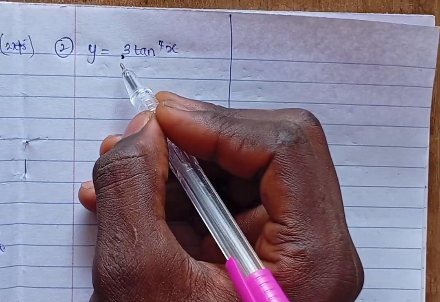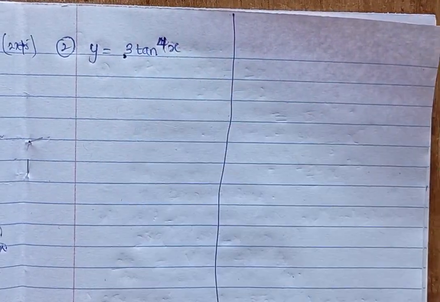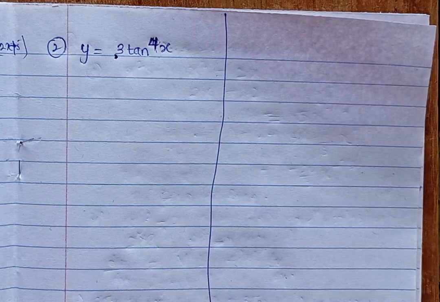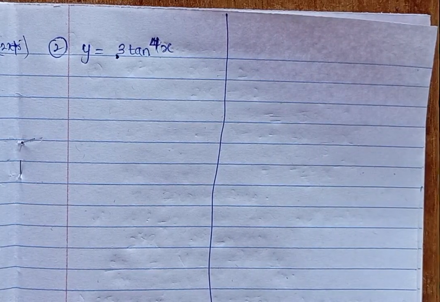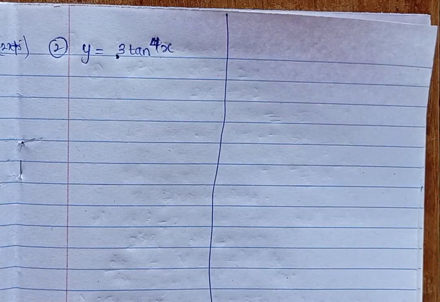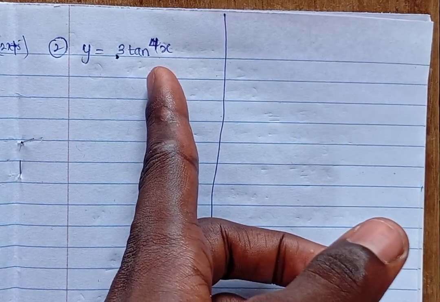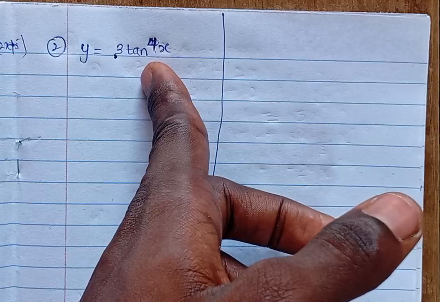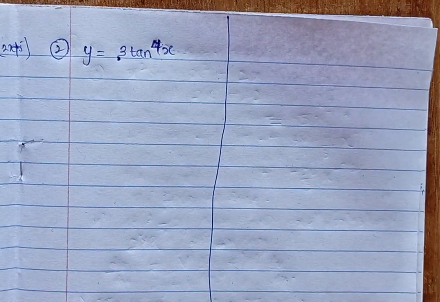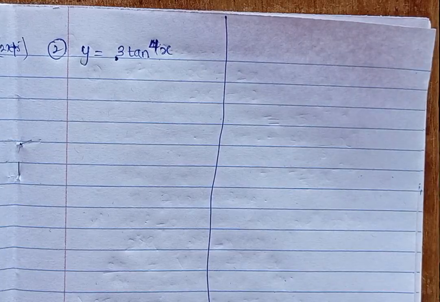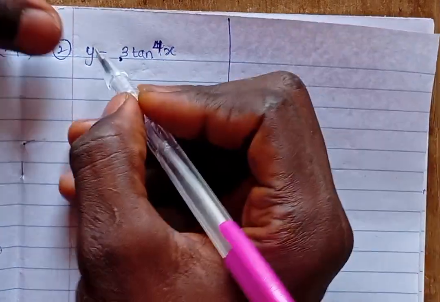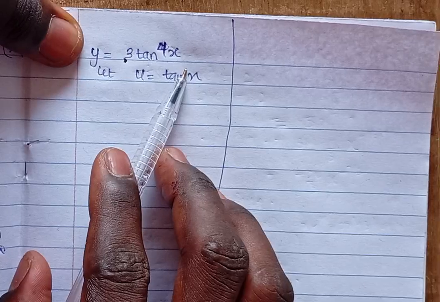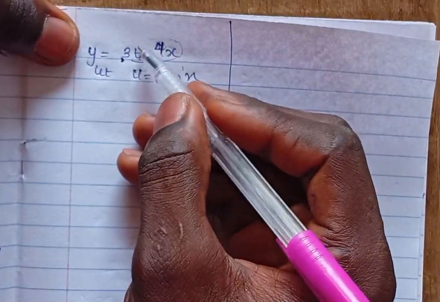Now you know that this one is raised to a power, and you know that in our standard derivatives, the derivative of tan x gives us sec squared x. Do you understand? Because you have it raised to power 4, there is no standard derivative for tan raised to power 4x. It means you have to use the chain rule to solve this kind of question. So you just say let u is equal to tan x. You will be wondering why I make use of tan. Because that is what